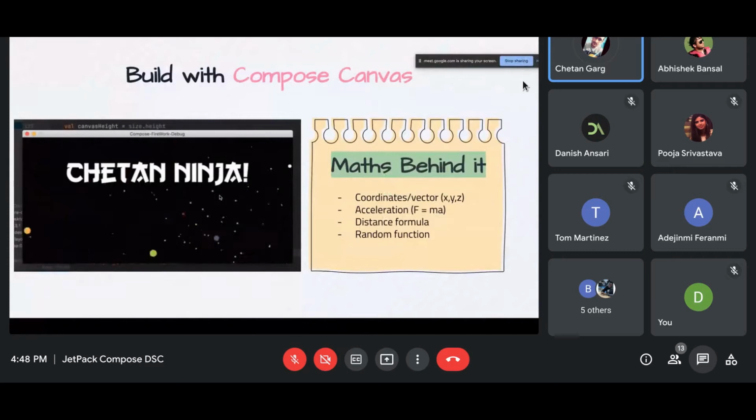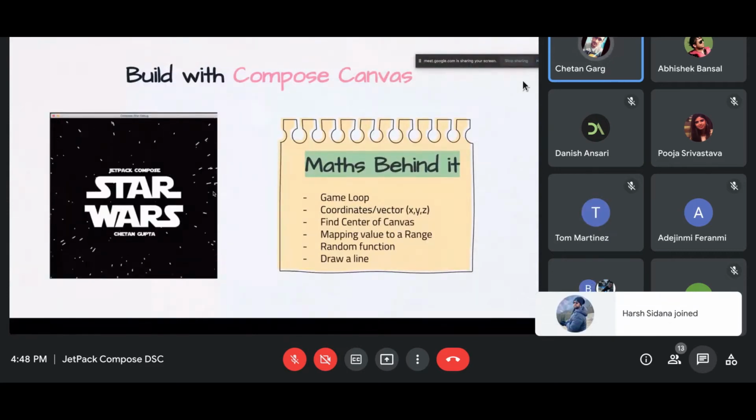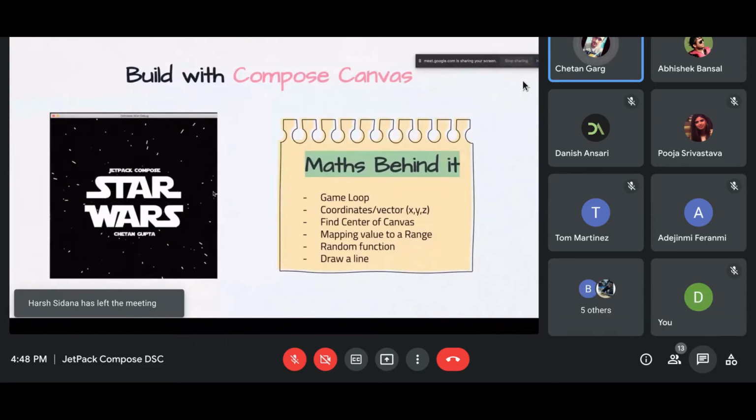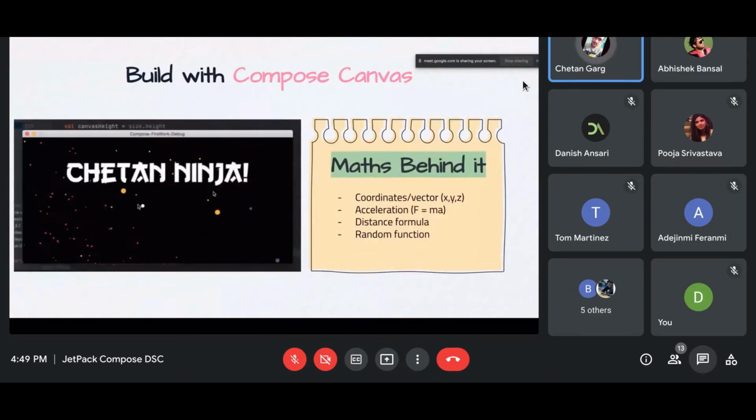So you can see all the examples are incremental on themselves. The star field was using all these maths, then the rain water system was using exactly the same, just the concept of acceleration in the 2D plane, right? Then I used that acceleration formula and learned a new formula, the distance formula, and I created the Fruit Ninja.